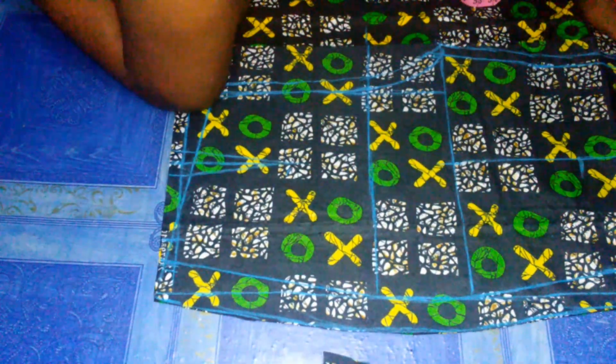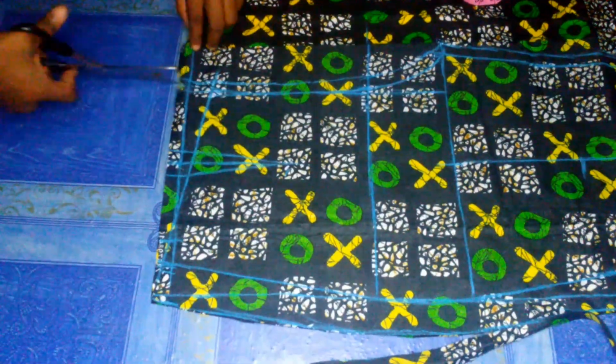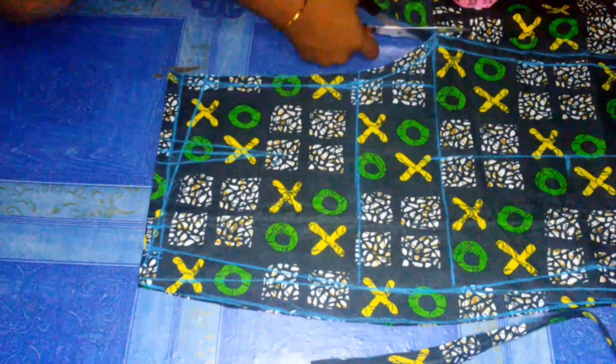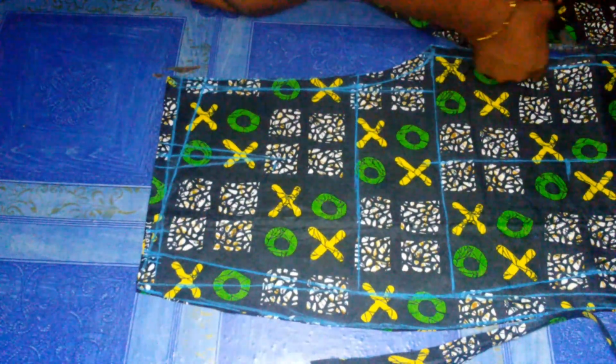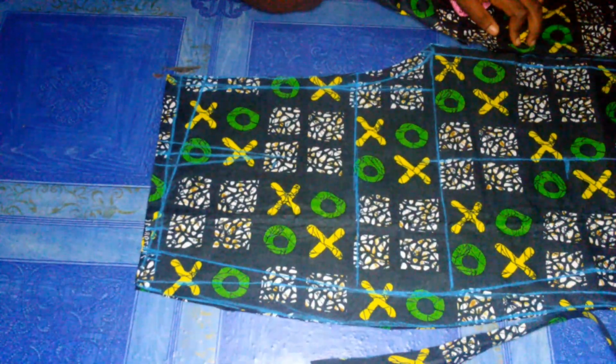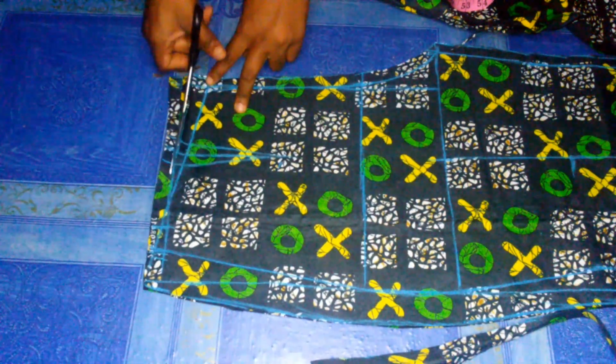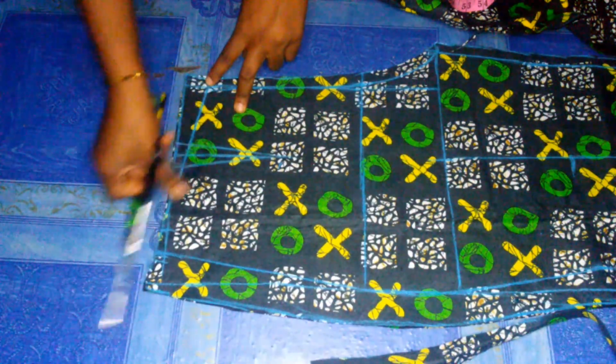I'm not going to mark out that 1 inch now because we are going to use the front to mark out the back of our jumpsuit. So I'm just cutting it out. After cutting it out, I'm going to use this front to mark out our back trouser. So I'm just going to cut out from the initial waist